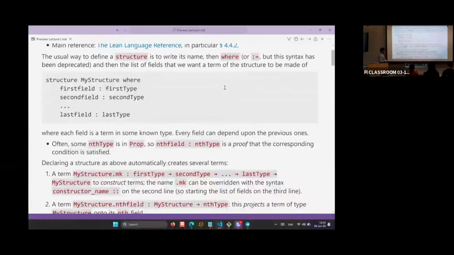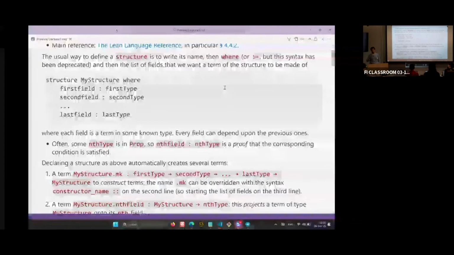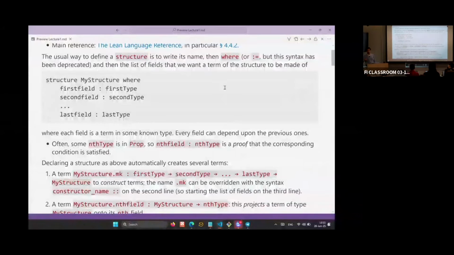Okay, so let's start. We will see exactly what a structure is, but for the time being, the idea is that of a mathematical structure. The Gaussian integers are a mathematical structure. A differential manifold is a mathematical structure. A group is a mathematical structure. And of course, you want to be able to speak about hierarchies of mathematical structures. So a ring also has a group structure on it, the additive one, and so on. All these things can be built together quite nicely.